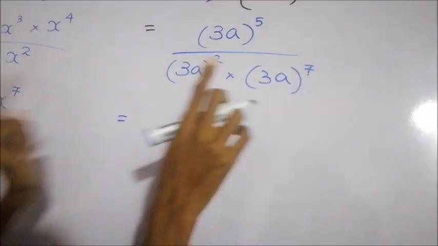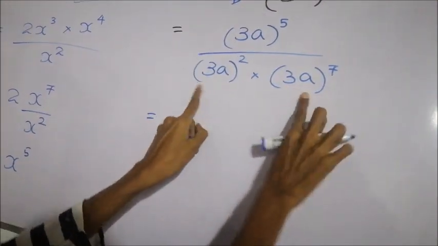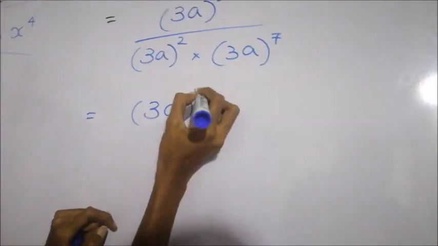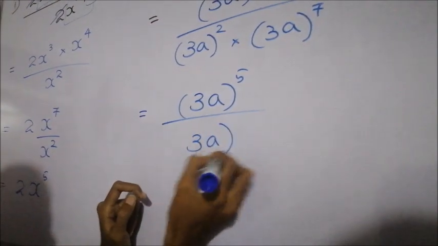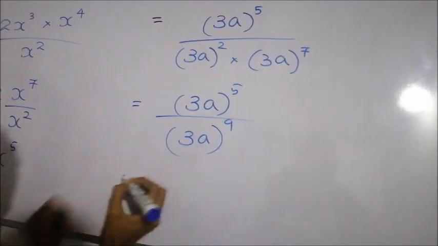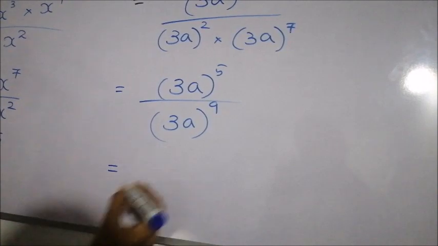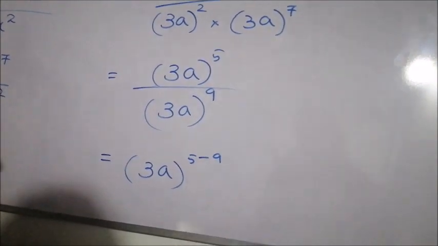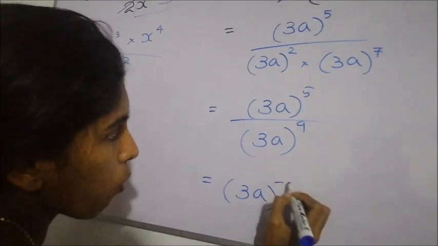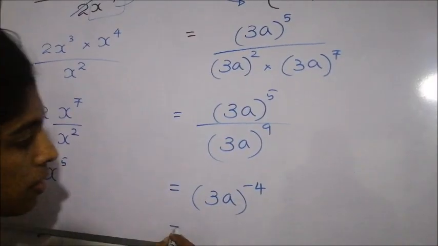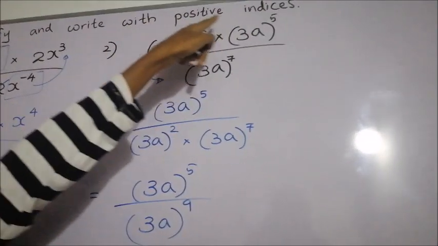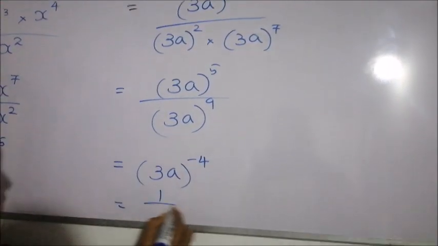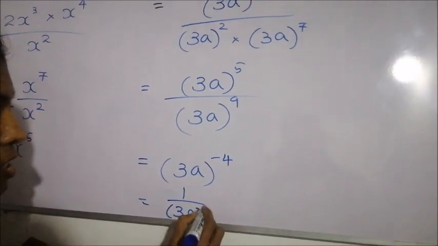Yes. Powers with the same bases. This is the base, 3a is the base. So we will add the powers here. Write the numerator as it is. And from down we get 7, 8, 9. Now we can subtract, okay? Same bases can be subtracted. From 5, subtract 9. What will come? -4. Then we should know that we need to keep the answer as a positive index. So we will bring the whole section down: 3a to the power 4.